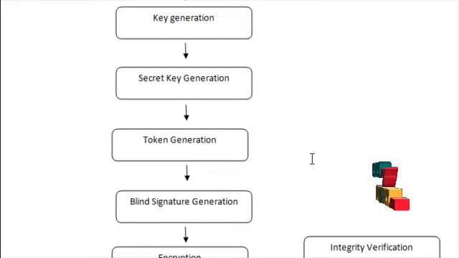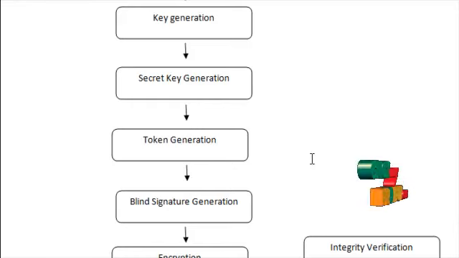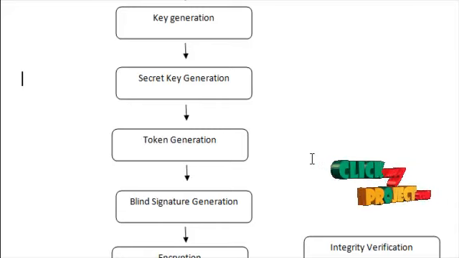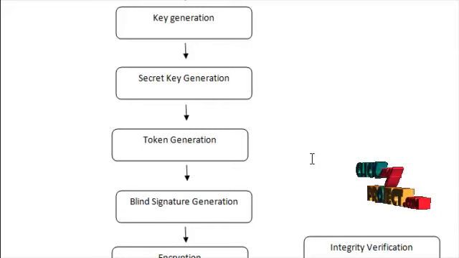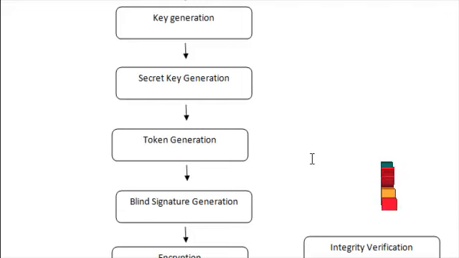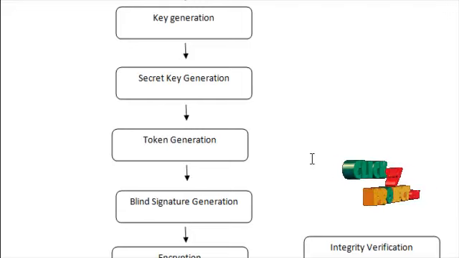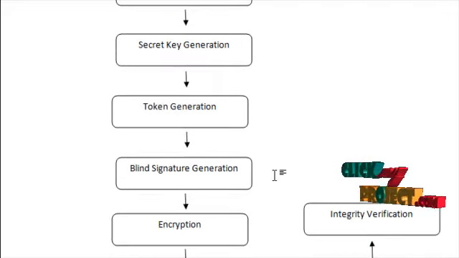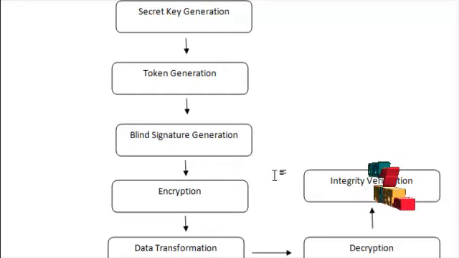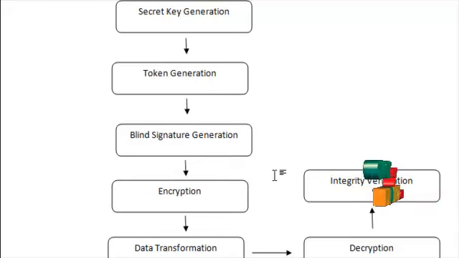Finally, after the secret key generation, we need a token to transfer the data to the respective destinations. So we pass a request to the trust authority for token generation. The trust authority authenticates and validates that the user is the sender, and the token is generated and provided to the respective user. From that, the user can generate the blind signatures using the hash functions. This function is used to perform the integrity verification at the destination